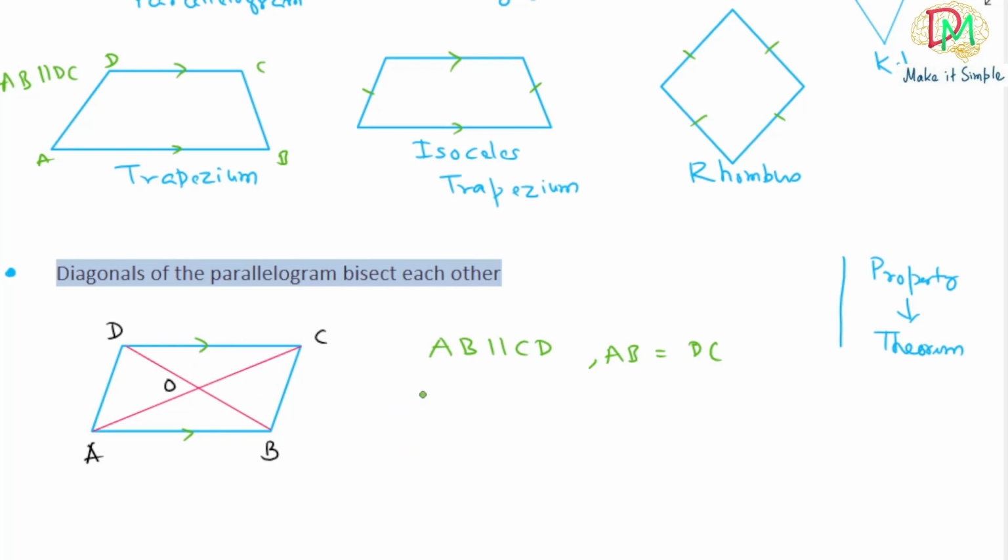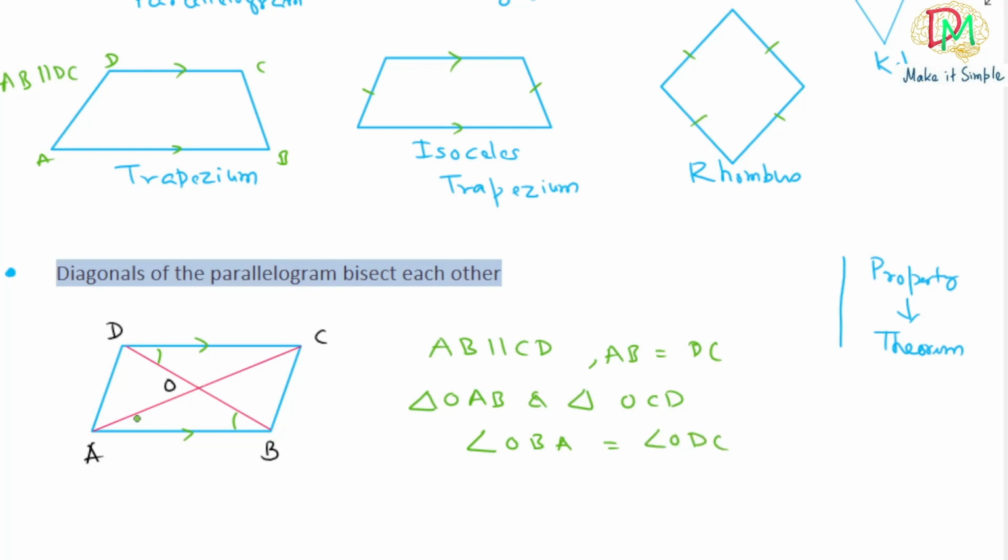So in triangle OAB and triangle OCD, these two angles are alternate interior angles because DC and AB are parallel and DB is a transversal. Angle OBA is equal to angle ODC,